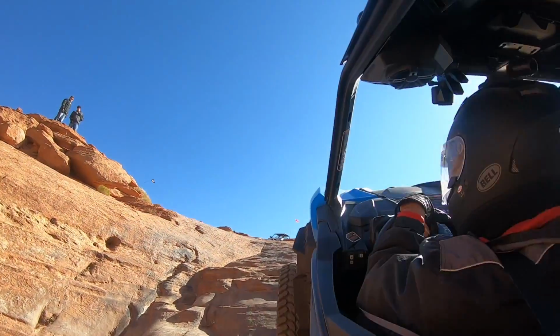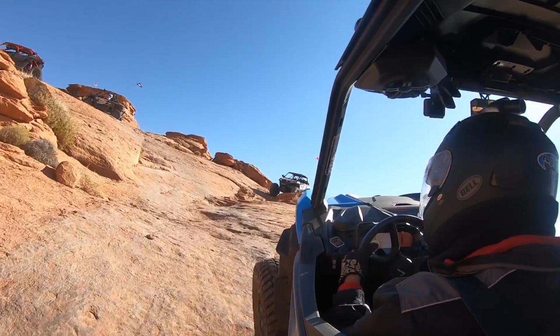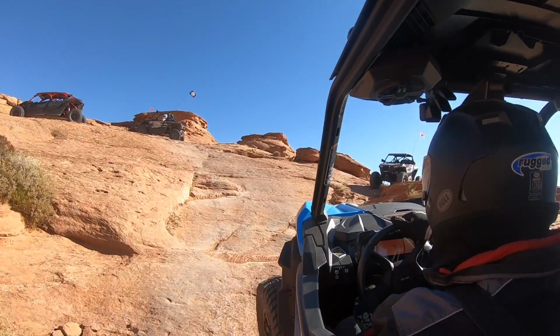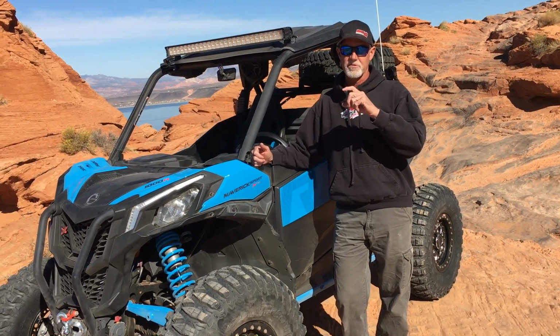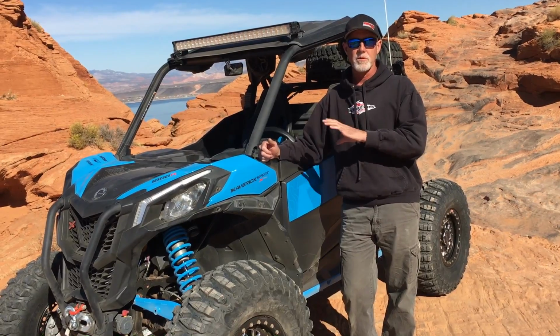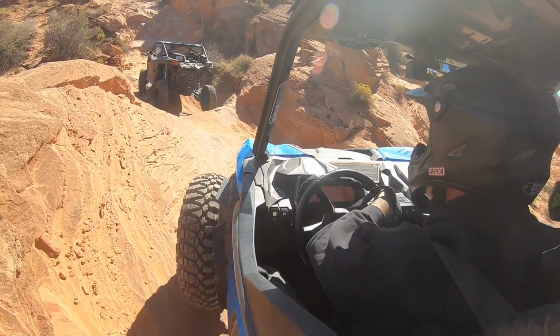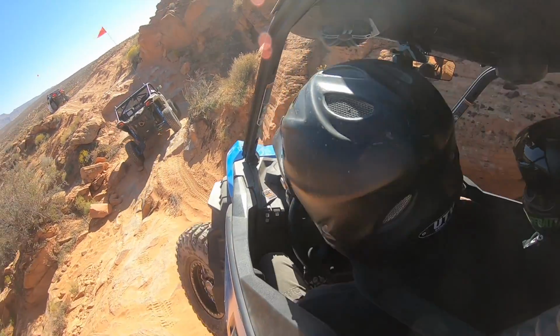It has their Smart-Lok system, which has two-wheel drive, four-wheel drive, rock mode, trail mode, and also a full locker up front. All those modes can be selected on the dash, and it really works well for the front end of this car. So Sand Hollow has got some really extreme rock crawling trails, and we put this thing through